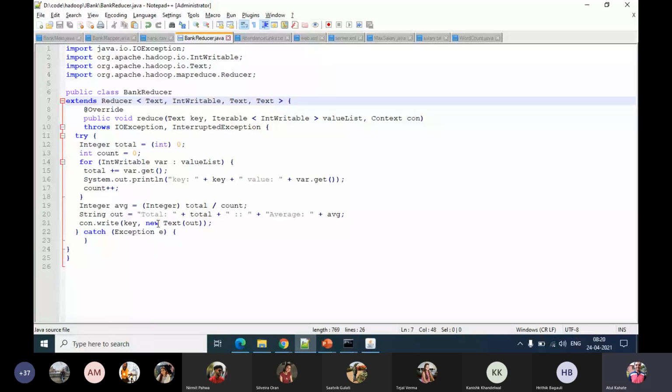And of course, what we are receiving as the input also from the mapper class. If the mapper class is sending us text and integers, it will be text and int. If the mapper class is sending us text and float, it will be text and float writable. From what we are outputting from the reducer class, if you are outputting text, it is text. Sometimes we may, for example, output EMP number and, or let's say, department and maximum salary, in which case it could be text int writable. So here also we would have text int writable, unlike here where we have text.